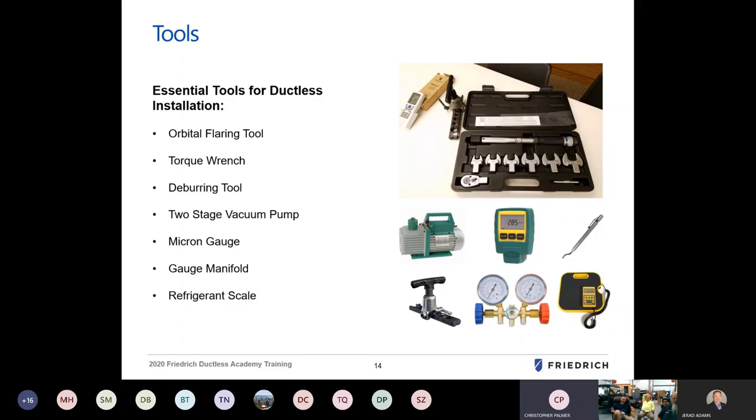And a good manifold gauge, whether you use a digital gauge or the standard analog type, making sure that you have good, clean hoses and that you're not contaminating the system with any undue components. And then a digital refrigerant scale,